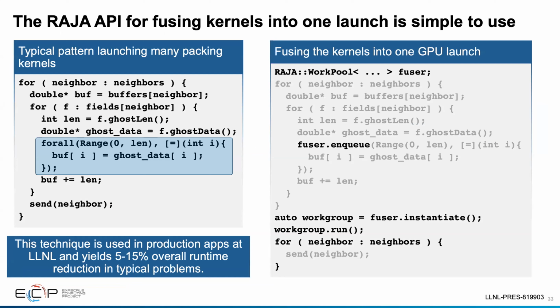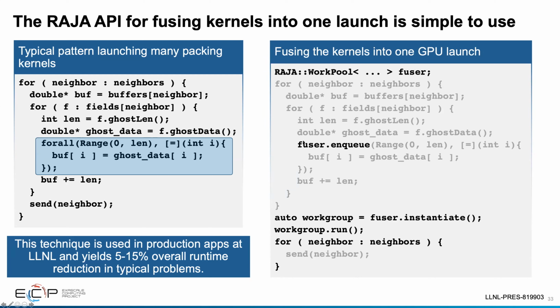As an illustration of how this would be done without kernel fusing, the code on the left illustrates what a typical application code may do. For your different MPI neighbors, you would loop over your different fields. And when you're doing the packing, you would be performing all of these kernel launches. So you're doing the packing on the GPU. And then, when your MPI buffer is packed, you would send the data. The more efficient approach through RAJA would be to use this RAJA work pool